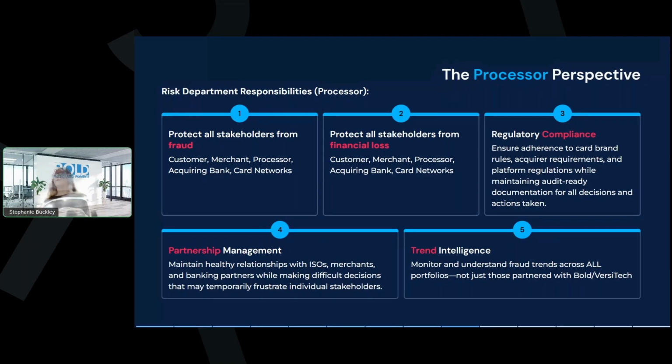Regulatory compliance. So this has to do with any acquiring bank or card holder, card brand, or any rules and regulations, even laws that have to do with the industry that they're in and the way that these payments are being handled. An example is a merchant using their own card to give themselves a $10,000 payout so that they can pay out their employees. That's against regulations. That's not something that is allowed. So they have to address that as quickly as possible and make sure that that's not what's happening.